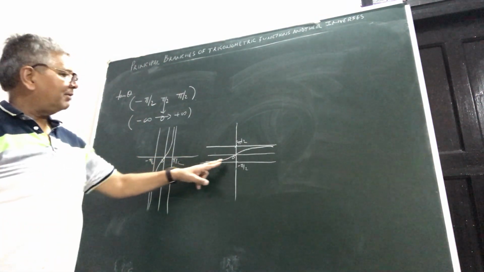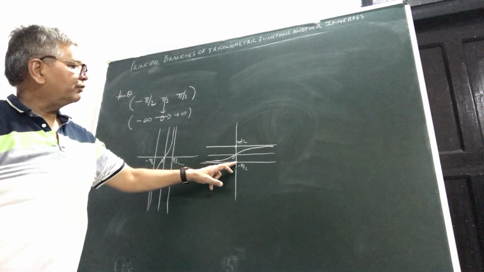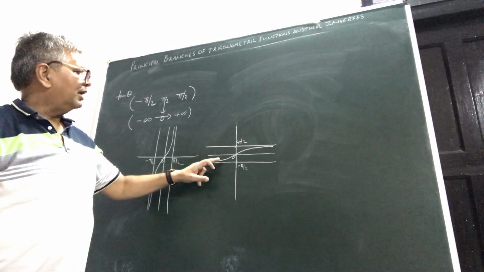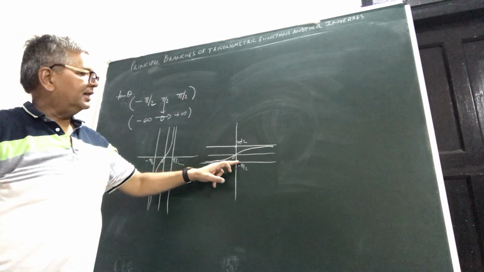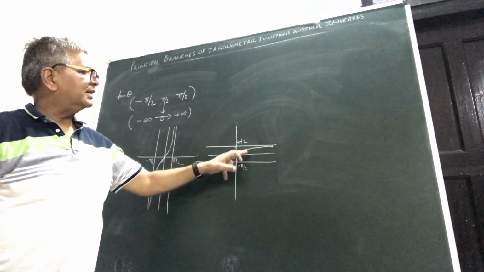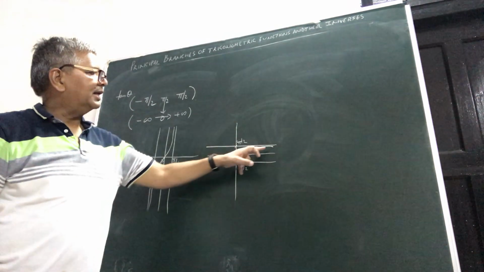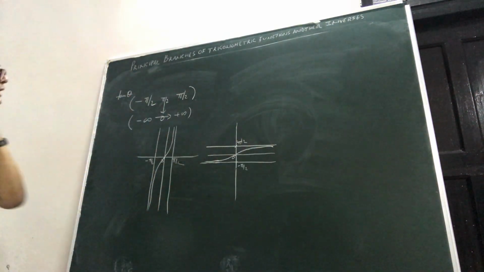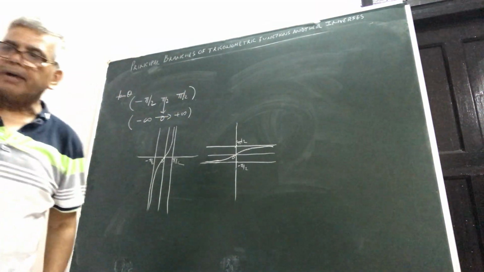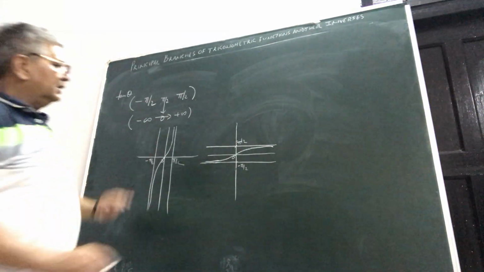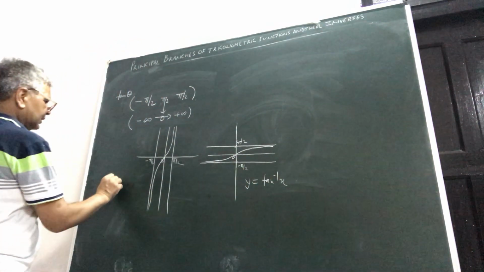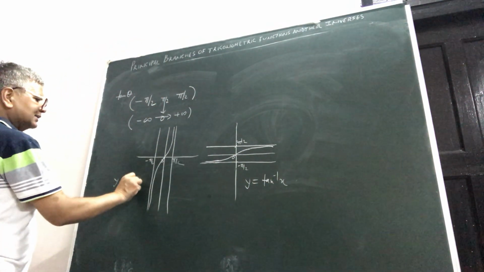So the point is at minus pi by 2, the values are minus infinity. As you go from minus infinity, you are coming towards 0, and at 0 it will be 0. And then if you are going towards the positive side of the real line, then the values will keep on increasing, and eventually at infinity, they will be getting closer to pi by 2. So this is the curve of y is equal to tan inverse x, and this is the curve of y equal to tan x. Please see.